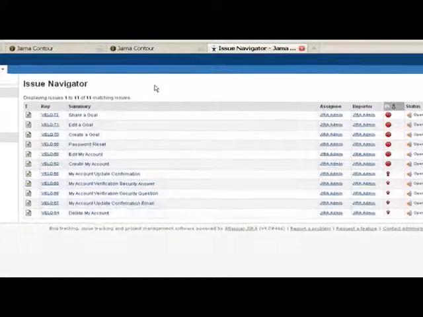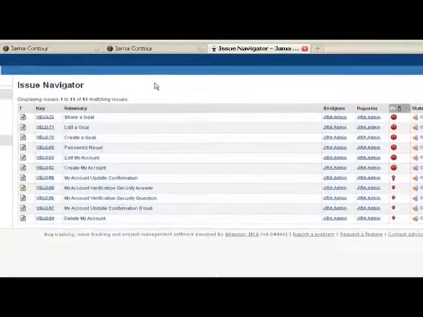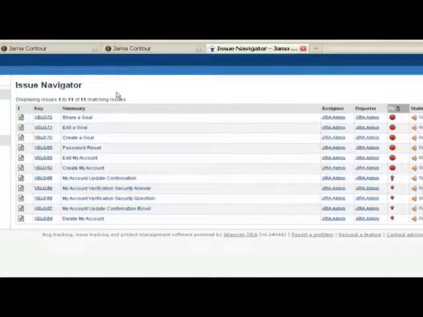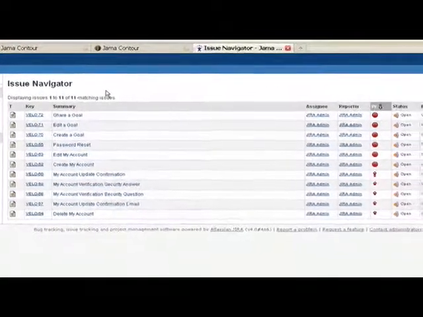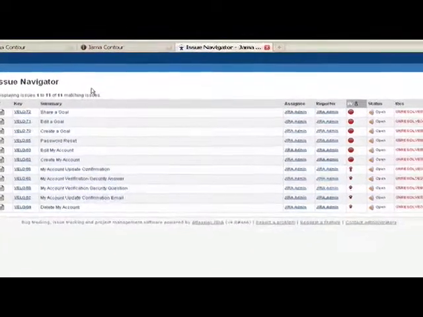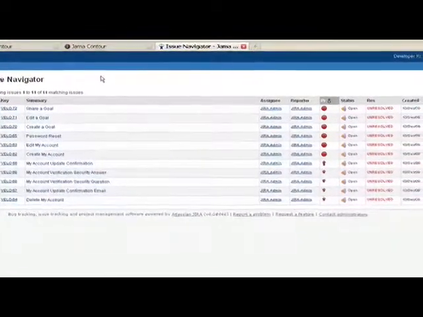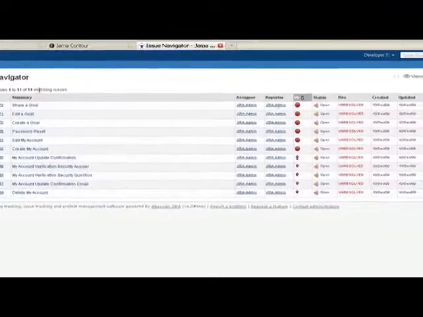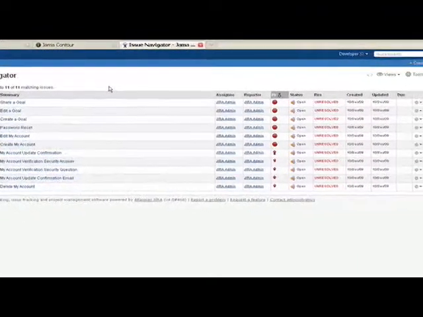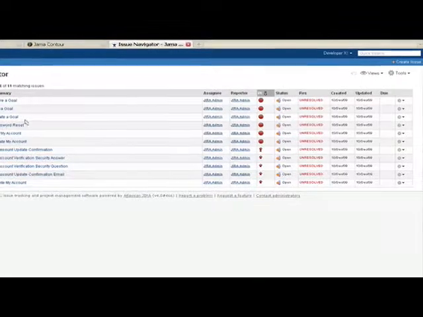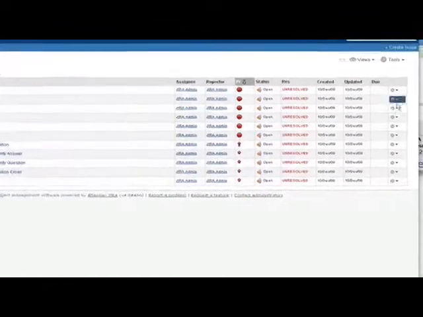So anyhow, this is the list of items. They should look very vaguely familiar to everyone because these are the same requirements that we had marked ready and approved for development. And we can see that the priorities made it across as well, and all the names came across as well. So let's just pick create a goal